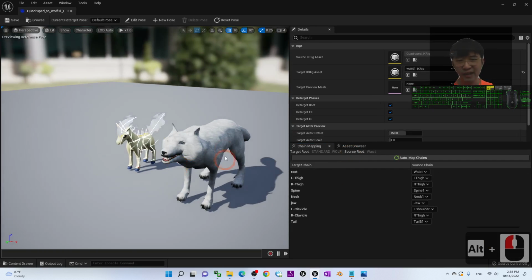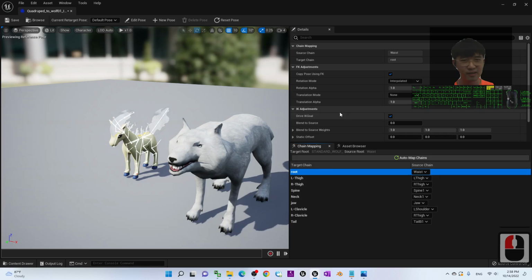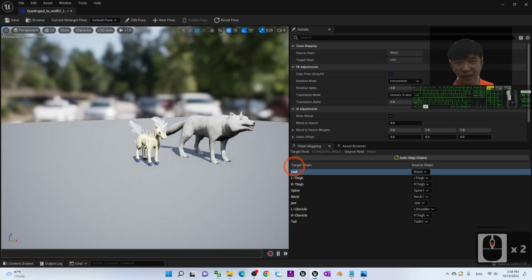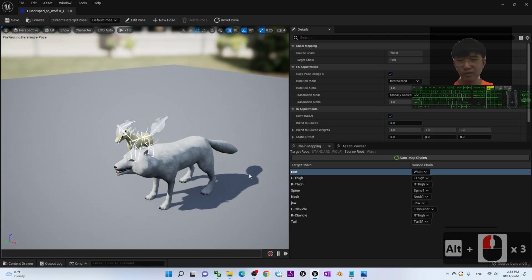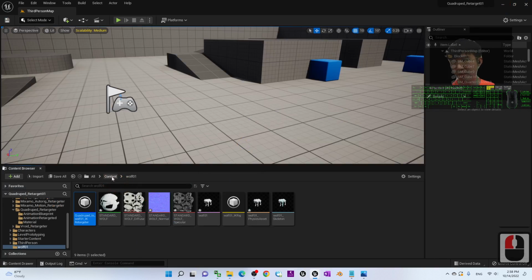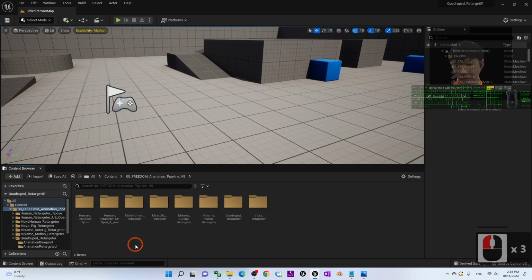Before you retarget the animation blueprint, make sure you click the root to the waist. At this moment, change the translation mode to globally scaled so that it will retarget all the root motions. So click save, and next you go back to the content, go to the Freedom Animation Pipeline version 5,